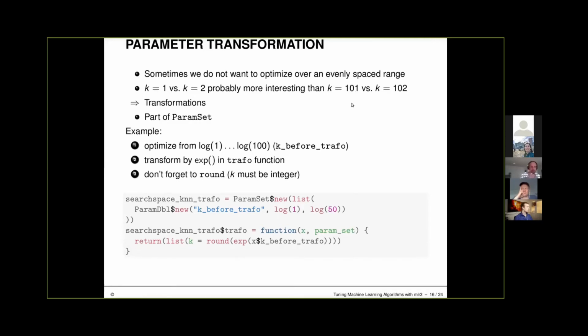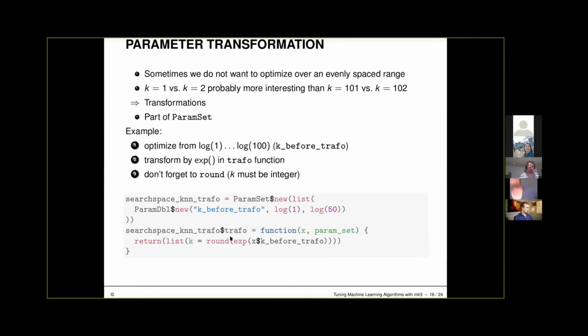And another very regular way of defining this, for example for the support vector machine, you might have seen this before. If you optimize over the C parameter or a kernel width parameter, you very often optimize from something like -10 to +10 in the tuning, but in reality, what you mean is 2 to the minus 10 to 2 to the 10. So 2 to the minus 10, very small values close to 0, and 2 to the 9, 2 to the 10, large values with larger gaps. In this case, you would write something like param double, going from minus 10 to 10,